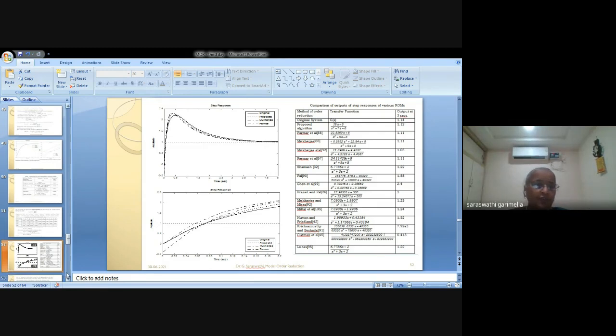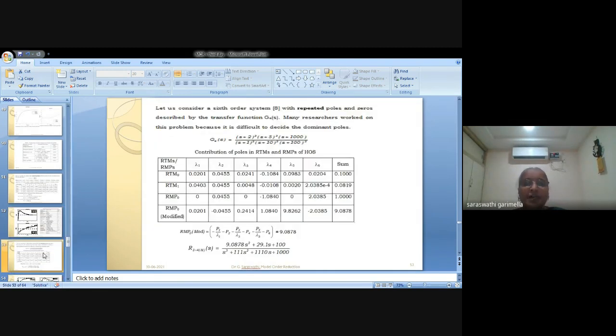So okay, this is something, because we have to compare. And actually my contribution, I wanted to show repeated poles. You can see here (s+1)², (s+10)², (s+100)², and there are repeated zeros also, (s+2)², (s+5)², into (s+1000). My sir gave this problem and he said, if you can match, I'll accept your thesis. So that's what he said, since I worked on repeated poles.